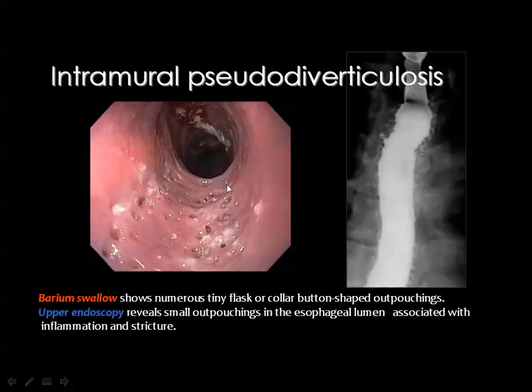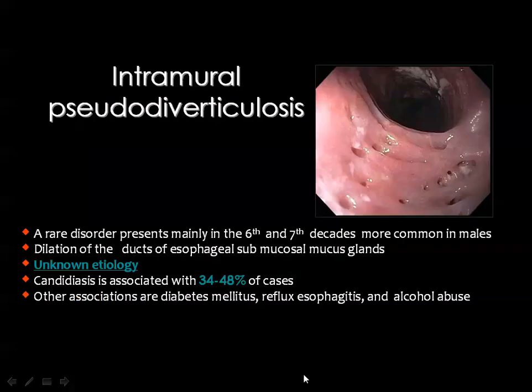And these pseudodiverticula can be easily identified by endoscopy, as you can see, and also can be seen by the barium study. And these pseudodiverticuli are commonly associated with candida infection of the esophagus, and this is the percentage of